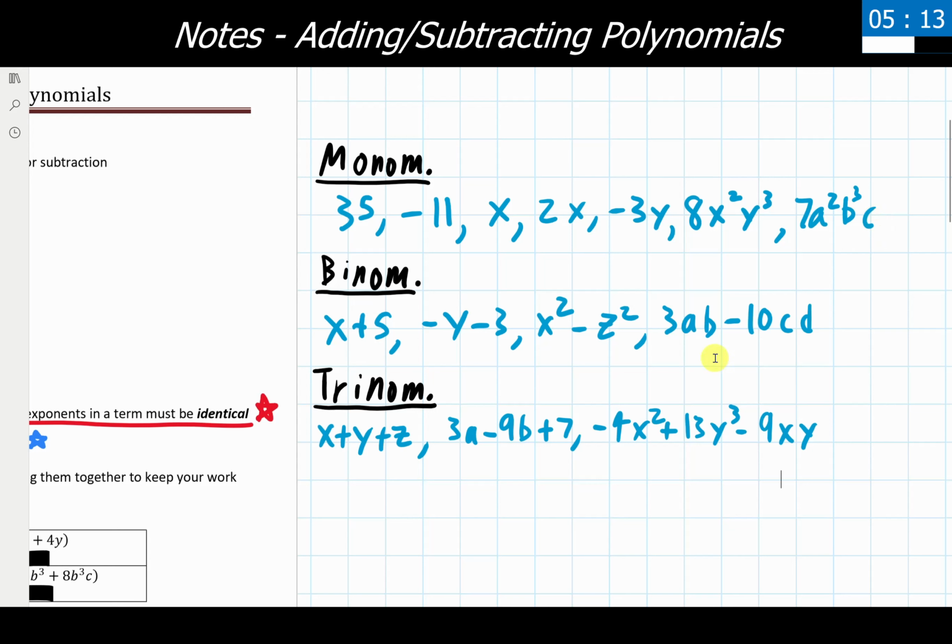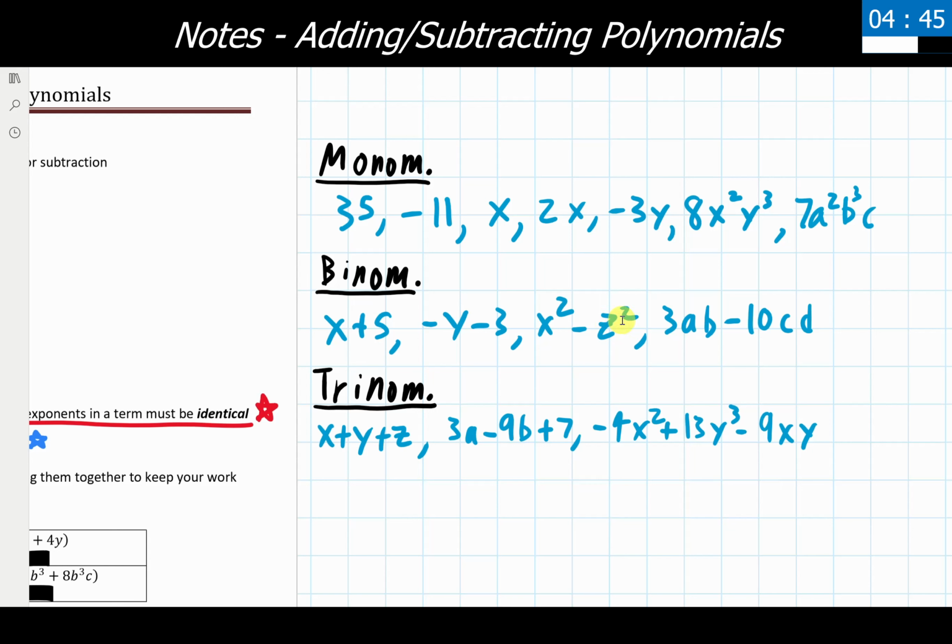Now we can take a look at some of the ones down here as other examples. What would the degree of this term be? Remember, I'm only looking at this term, not this one. The term here, the degree of this one would be 2 because its exponent is 2. If I look at the other term, what is its exponent? It is also 2. So this one also has an exponent and a degree of 2 for this particular term that we're looking at.